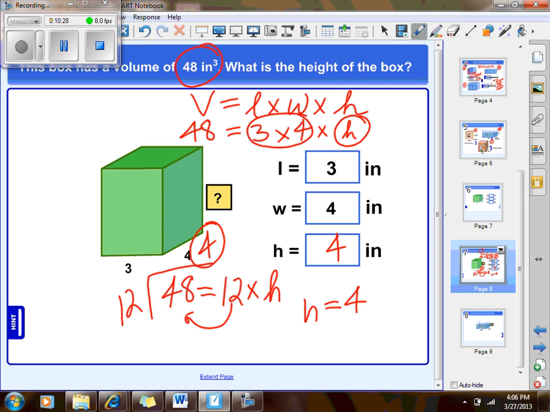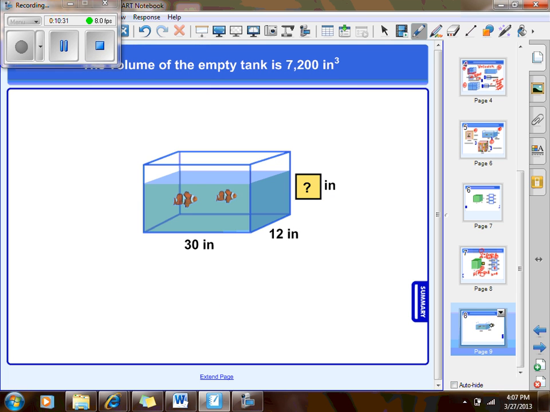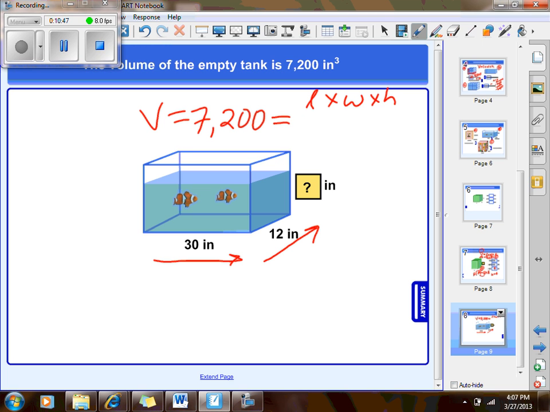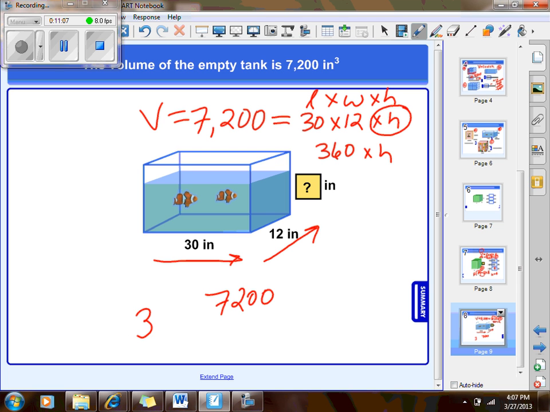So now I'm going to give you one to work on. Ready? If we know that the volume is 7,200 inches, and it equals length times width times height, we know our length is 30 inches. We know our width is 12 inches. We still don't know our height. So if we multiply 30 times 12, it gives us 360 times the height. So we're going to take our 7,200, divide it by 360,